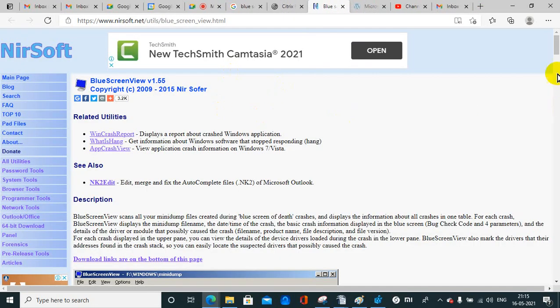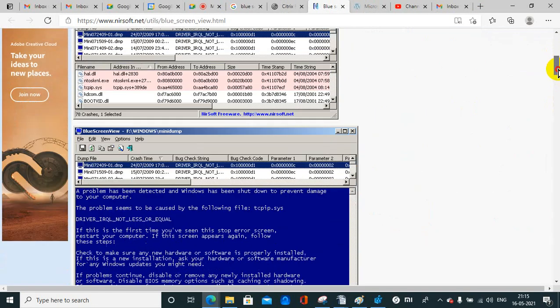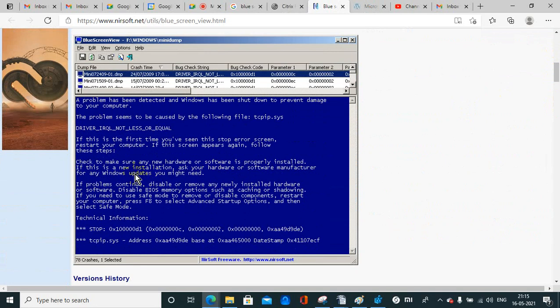Okay, this is for the blue dump. The blue dump looks like this. Okay, I think you faced this on the laptop also. Yes, sir, most of the troubleshooting we have done in Windows. Yeah. This is due to the RAM, or check to make sure that any third party software and hardware is working.